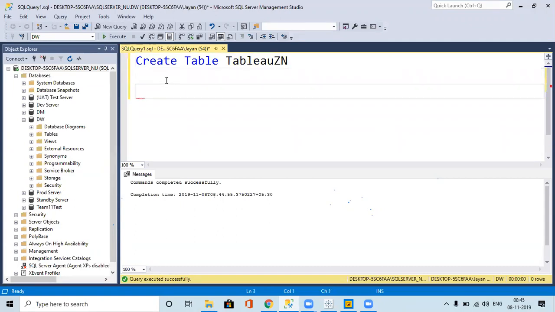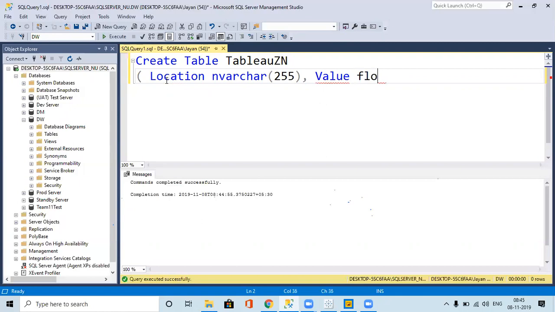Okay. Then we need to give the columns. For example, I give location and sales. Sorry, location I will give as nvarchar 250, and value I will give as float.